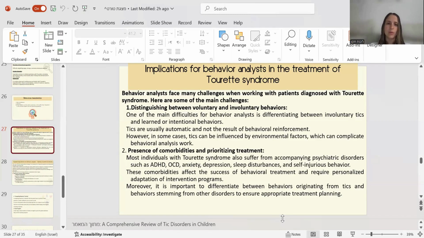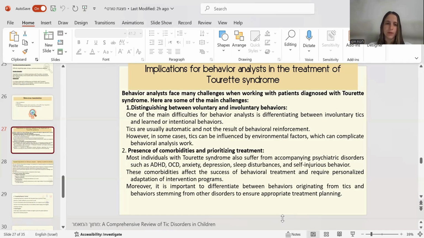Presence of comorbidities and prioritizing treatment. Most individuals with Tourette syndrome also suffer from accompanying psychiatric disorders such as ADHD, OCD, anxiety, depression, sleep disturbance, and